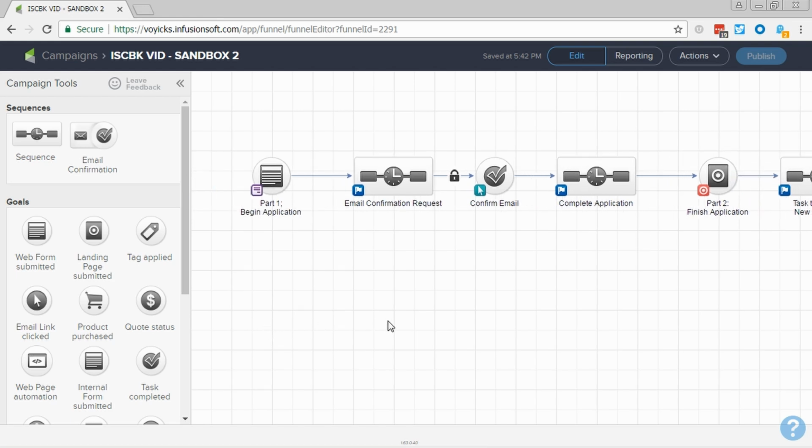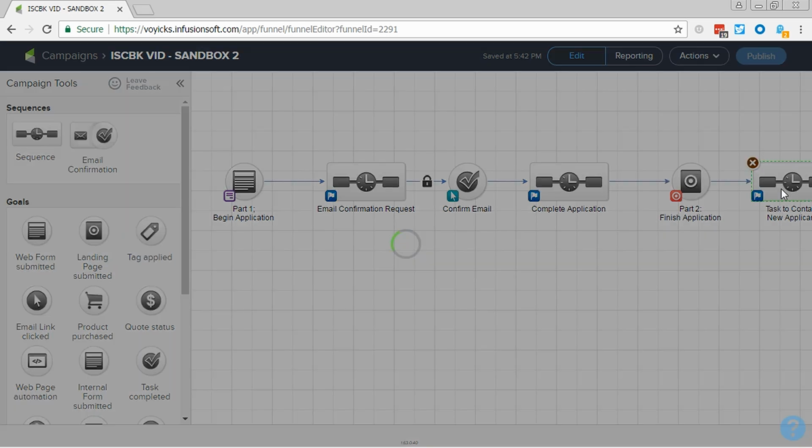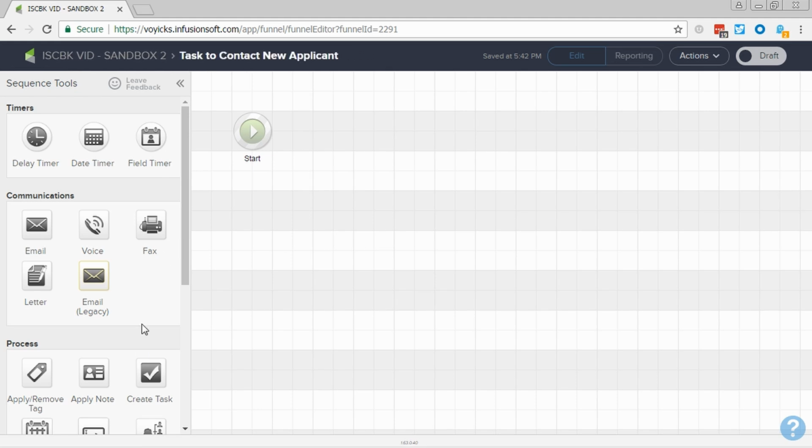So that's kind of what this is doing here. They're going to begin their application, confirm their email address, and then finish. And anybody who can't even make it past that probably isn't someone you'd want to interview in the first place. So now that we've got the model built out, we're going to work backwards and build this from right to left. So starting in this task to contact,